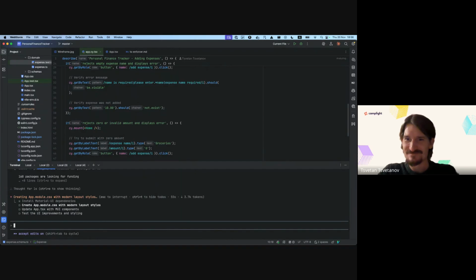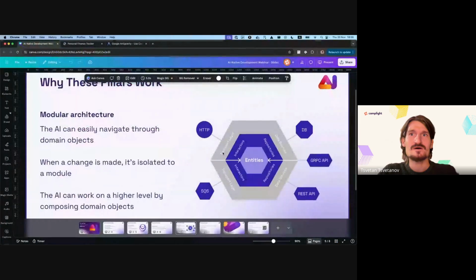So yeah. And let's see how good design it will generate. Meanwhile,